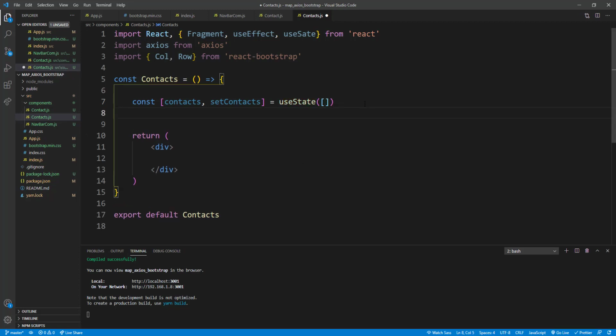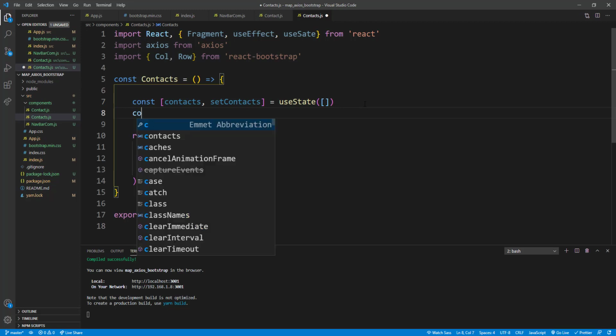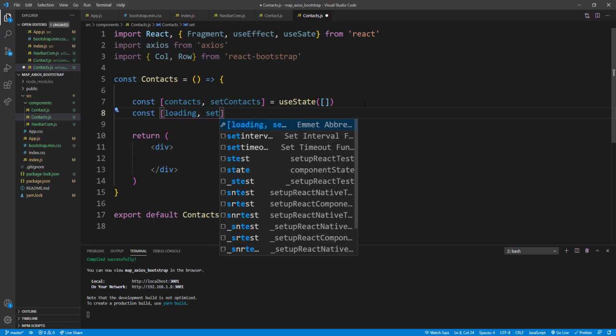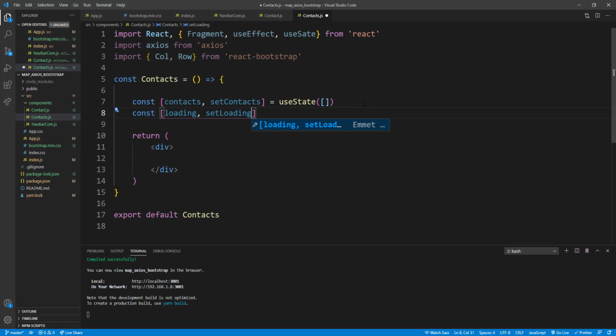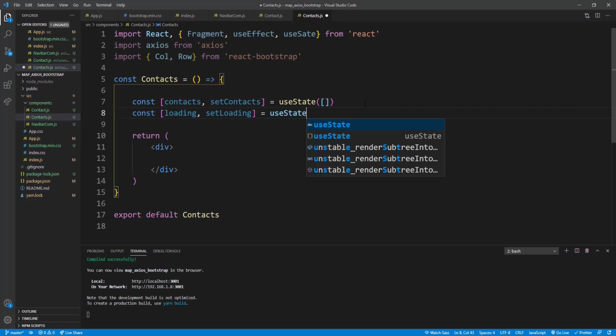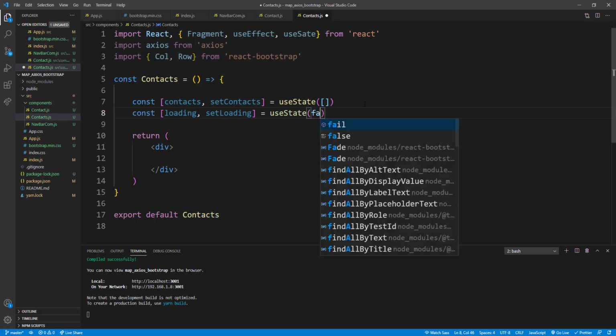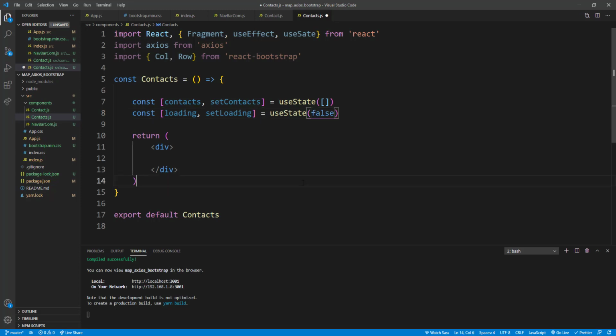and so we're going to have a loading state as well. So once the API call is complete, we're going to show all the contacts. So we're going to set a loading piece of state, a boolean, and we're going to say setLoading. Then we're just going to have a useState, and we're going to give it an initial value of false. Okay,